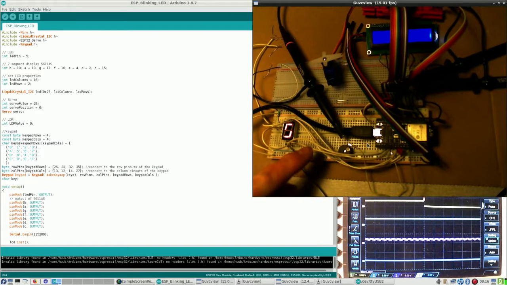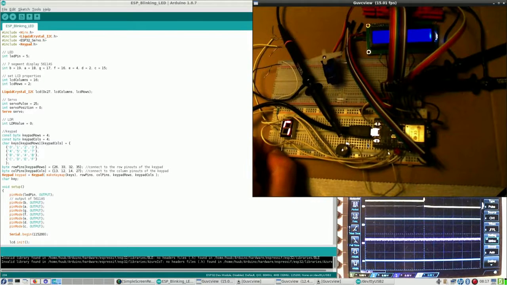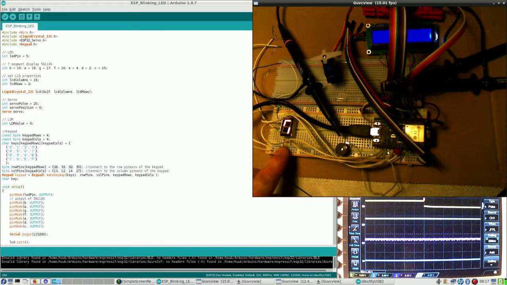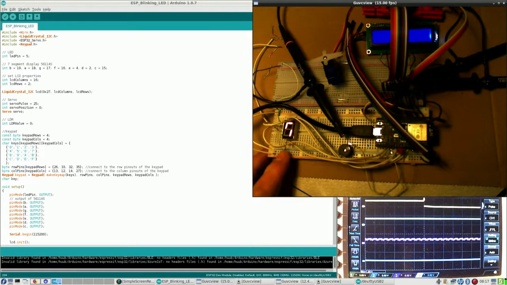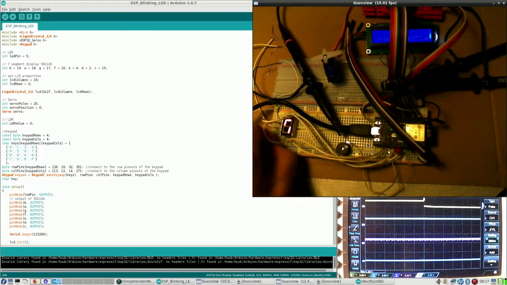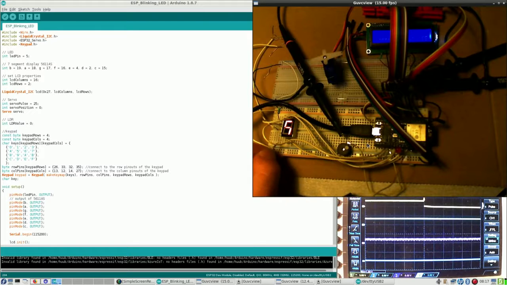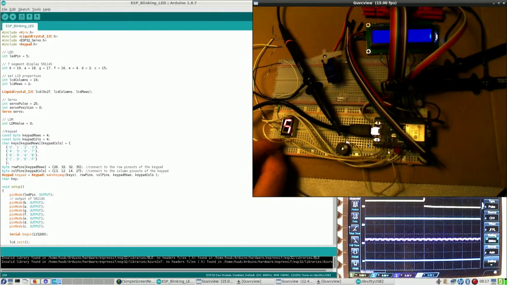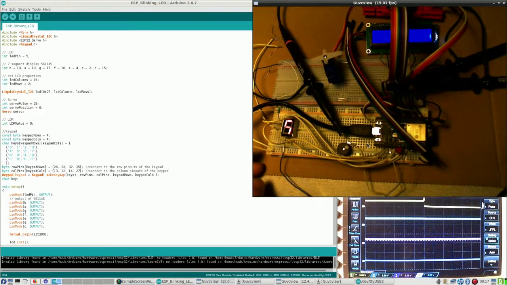Two is here. So I can remove this one. Doesn't make any sense at all. Or can I? I have to look into